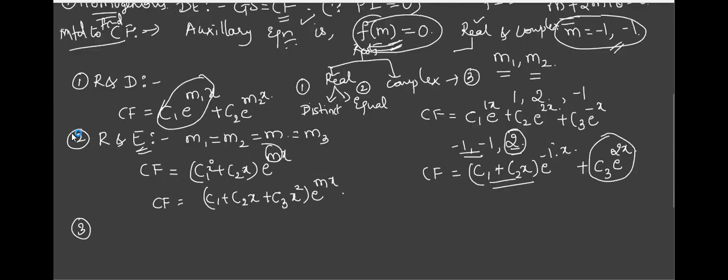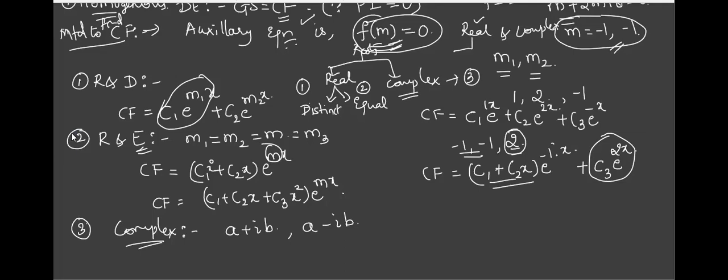Now the last case. So real distinct, real equal, done. Tell me what is the third case? Complex. In complex, there is no question of equal and unequal because whenever you get complex roots, they are in conjugate pairs. That means always they are unequal only. If you get A plus iB, the second root is A minus iB. They appear in conjugate pair only.